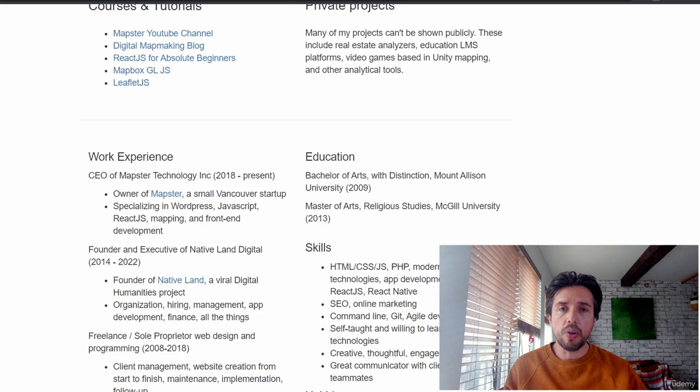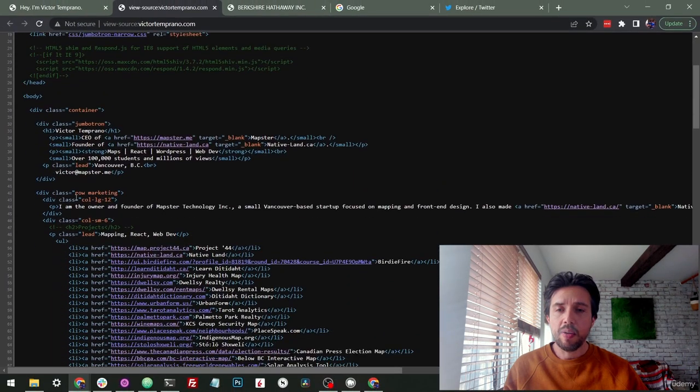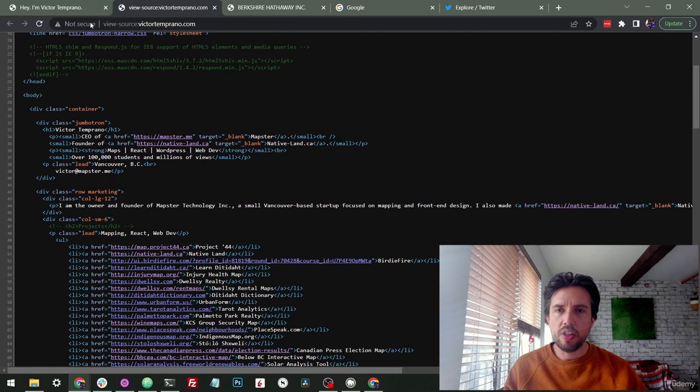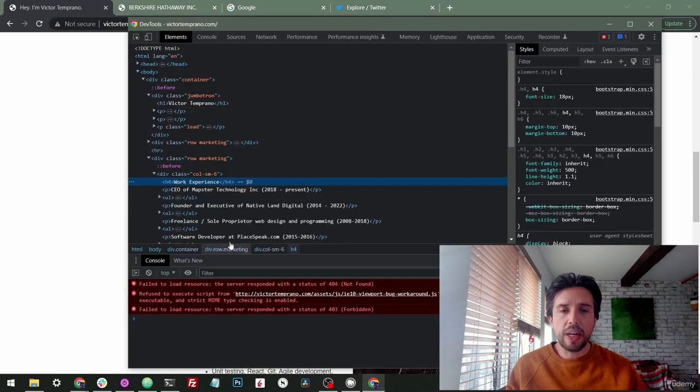Now with these two tools, before we explain what's going on in all this and what all this means and what HTML is, we're just going to look at a few web pages and just see what's going on and look at that we can do this. So I can inspect here, I can see, oh, there's this bit of work experience text and it's surrounded by